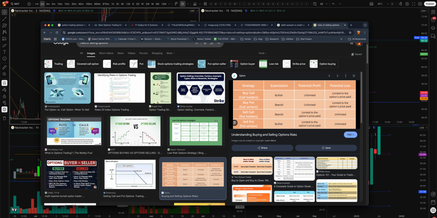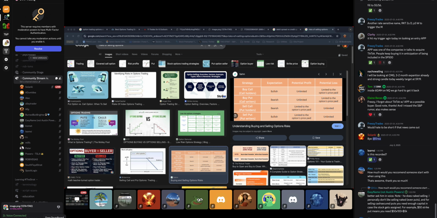You can be assigned also. So you're short a put option, and when the stock market is moving down they put you that stock, and now you are long a stock in a dropping market. So you've now got the full risk of being long in a dropping market. So you've got to be aware of what you're holding. You've got to make sure you understand what you're holding and know how to handle it. But it's not as scary as